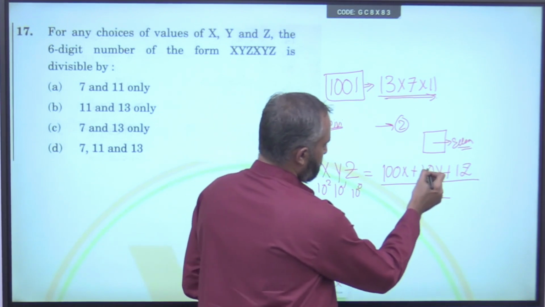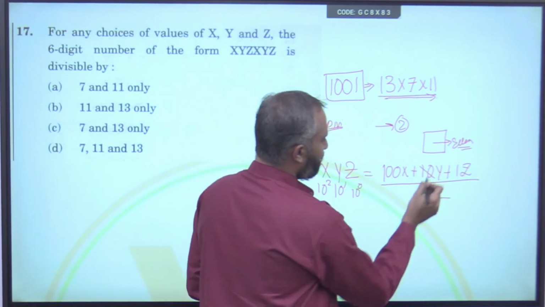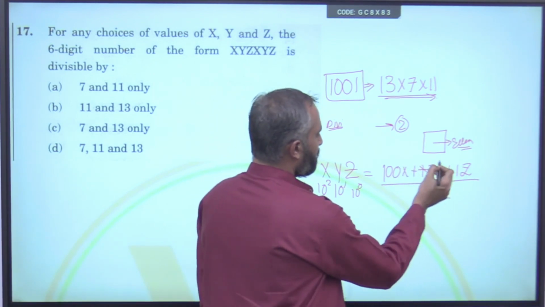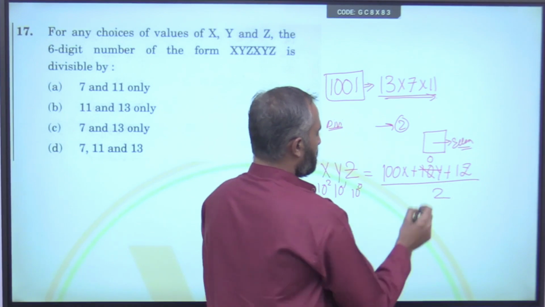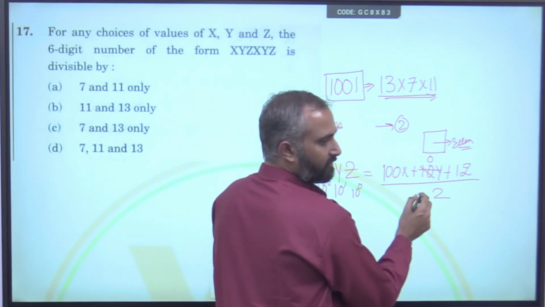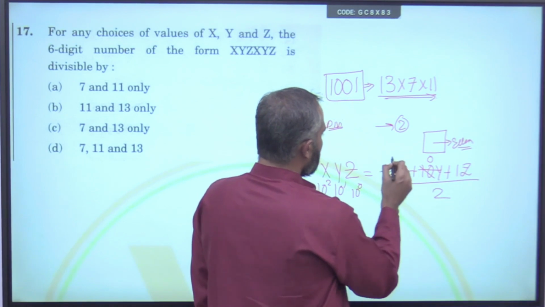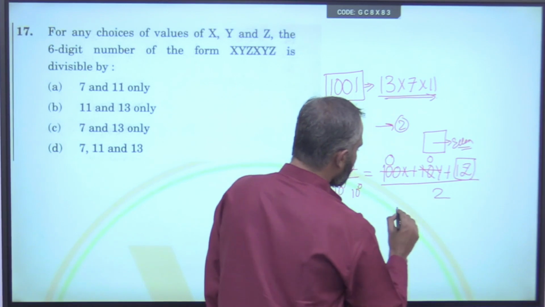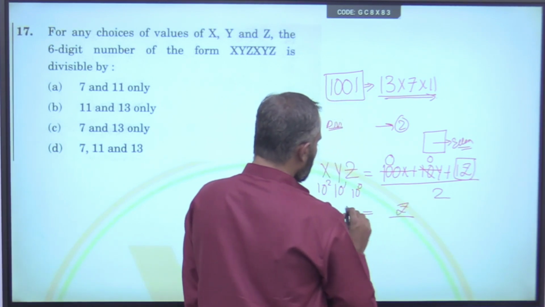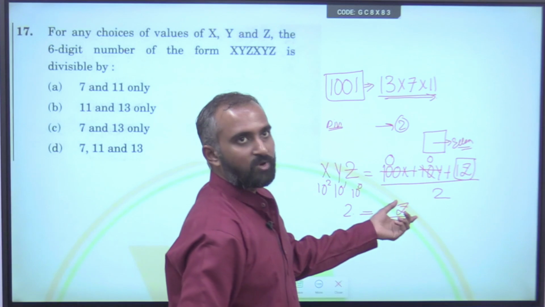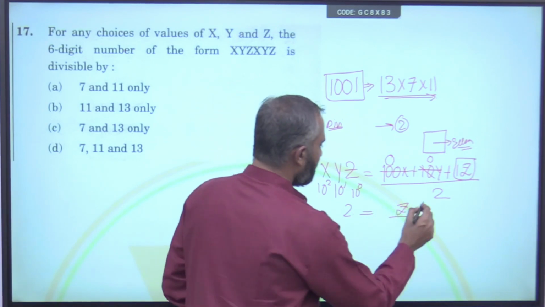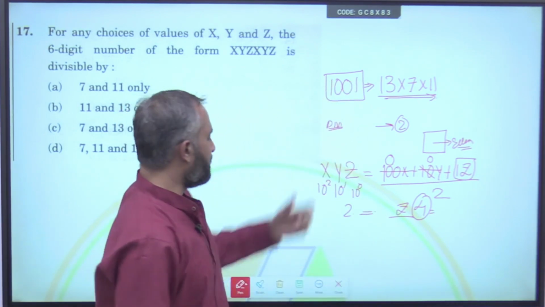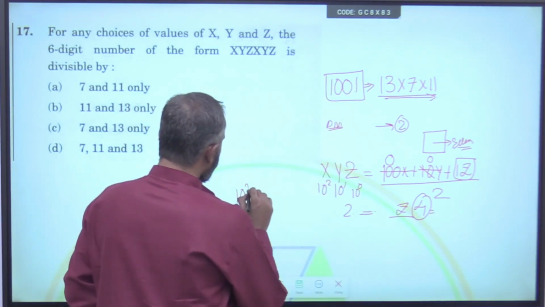Since 2 is a factor of 10, or 10 being a multiple of 2, no matter what we do, the remainder is 0. And the same here, 100 being a multiple of 2, the remainder is 0. So, the remainder obviously depends on z, the unit digit. That is why the divisibility rule for 2 is: see the unit digit, and if it is even, then it is divisible. In the same way, 1001 is of the form 10 to the power of n plus 1,